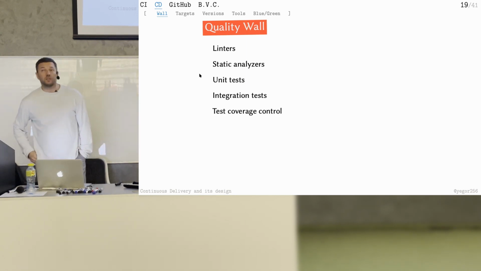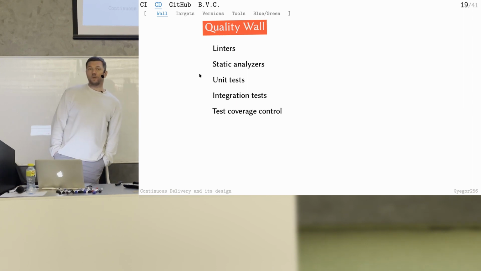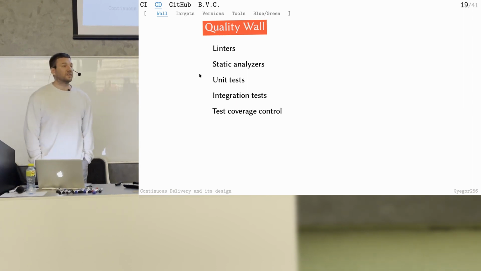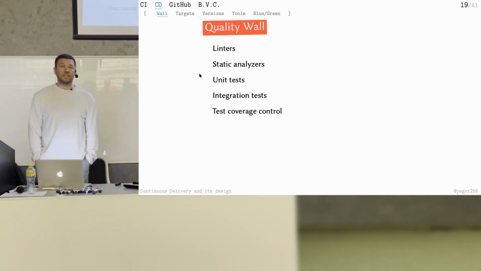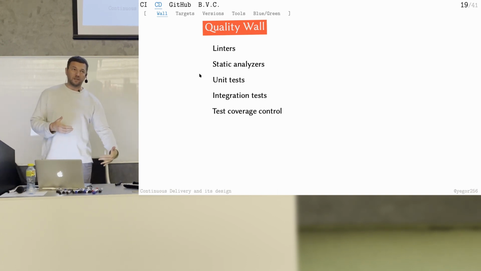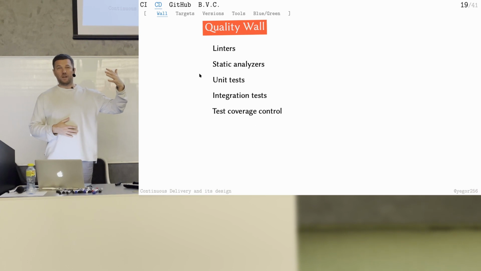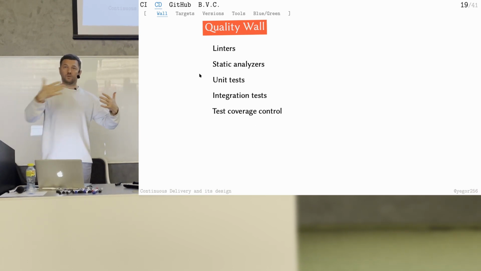Then test coverage control. Do you know what it is? Test coverage control. Test which tests the test. The test which tests the test, more or less. Again, we're going to discuss it later in detail, but in short, when you have your files, for example, in Java, and then you have the tests which do something with these files to test them,